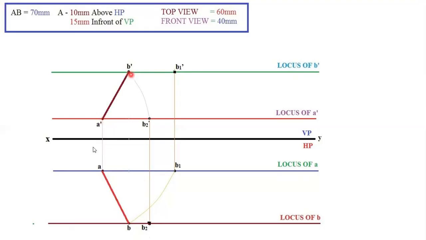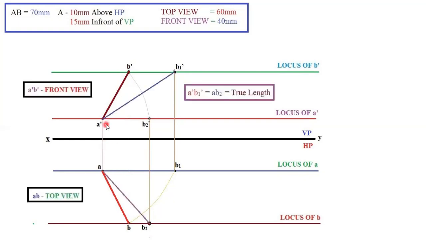It will be a front view, and AB will be a top view. Both front view and top view should be drawn with your HB pencil. It should be very, very dark. These lines should be very, very light. It can be drawn with 2H pencil. These lines we can draw with 2H pencil. This line we can draw with 2H pencil.